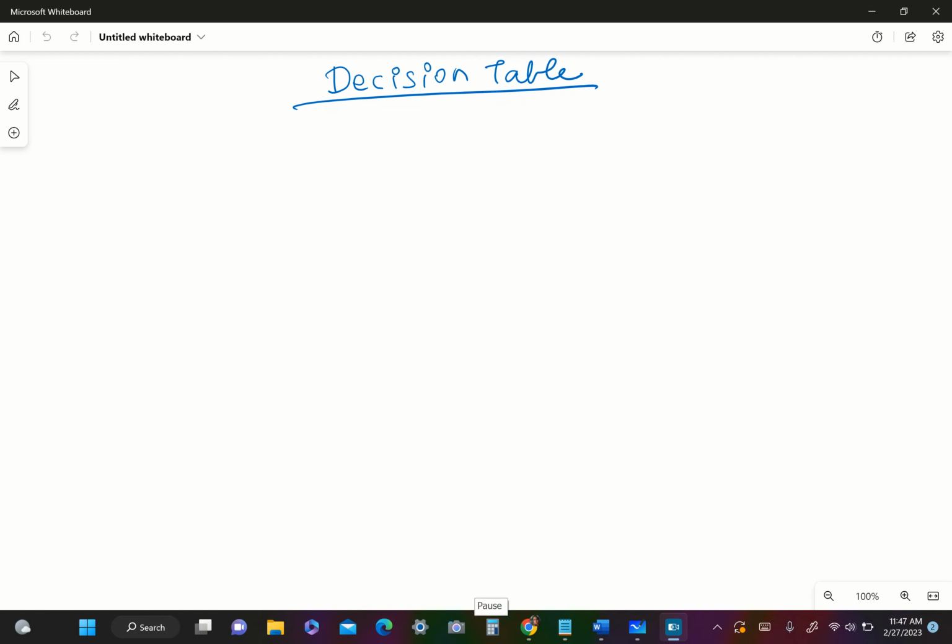Good morning. Today we are going to be looking at a technique in black box testing called the decision table. So, what is a decision table? A decision table is a tool that is going to help us to figure out complex conditions when there are multiple rules. So, you have to satisfy multiple rules, and then we have multiple combinations,